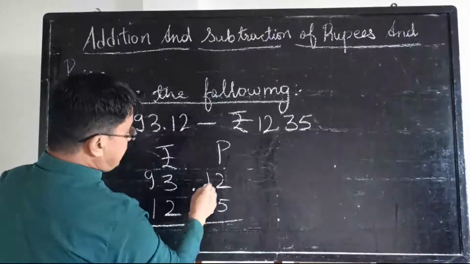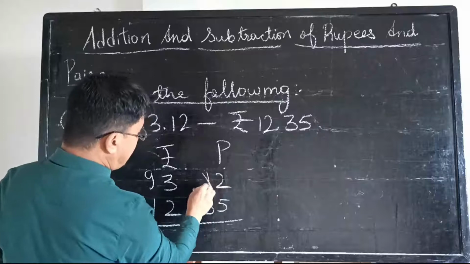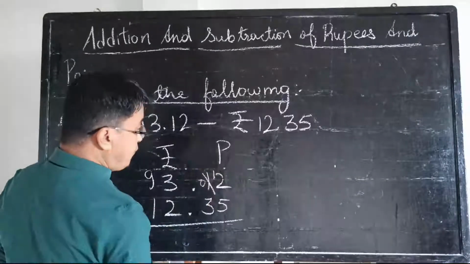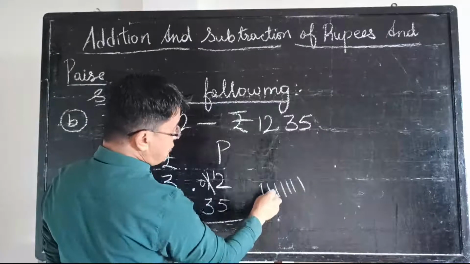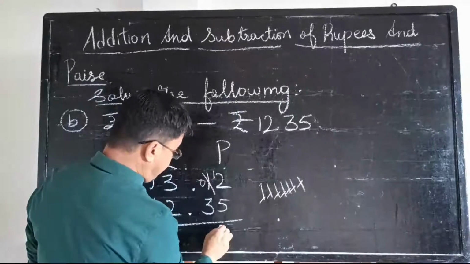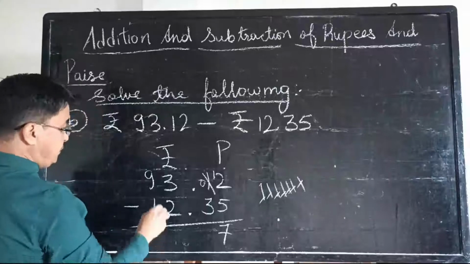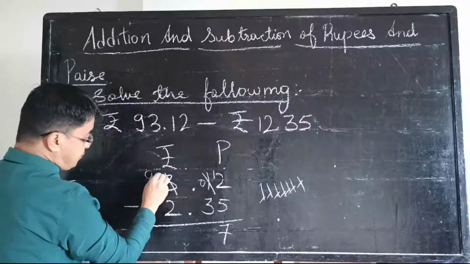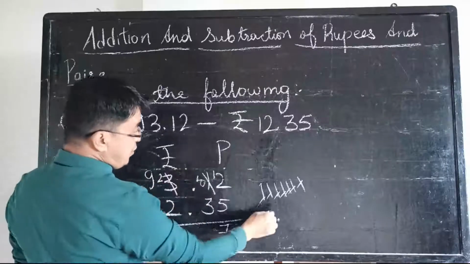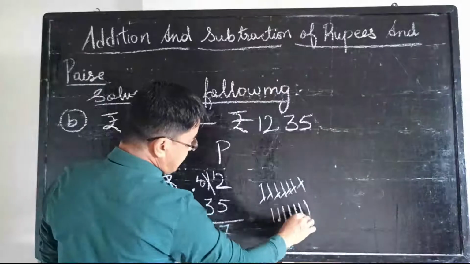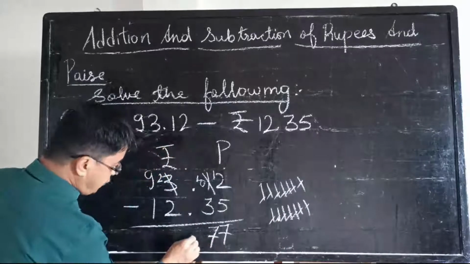Now look here. 2 minus 5. 2 cannot minus 5 because 2 is smaller than 5. You have to borrow from 1. When you take 1, this becomes 0. This becomes 12. From 5 count to 12, and the answer is 7. Now 0 minus 3 cannot be done. You have to borrow from 3, which becomes 2, and this becomes 10. From 3 count to 10, the answer is 7. Here 77, and don't forget to put this dot here.